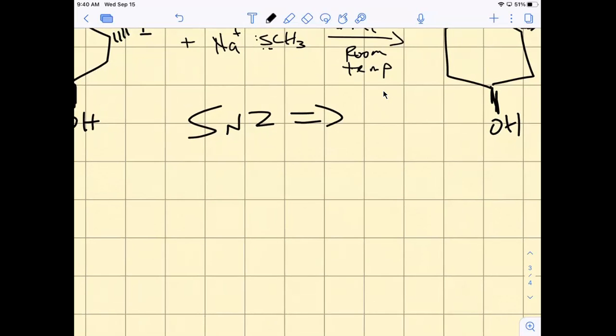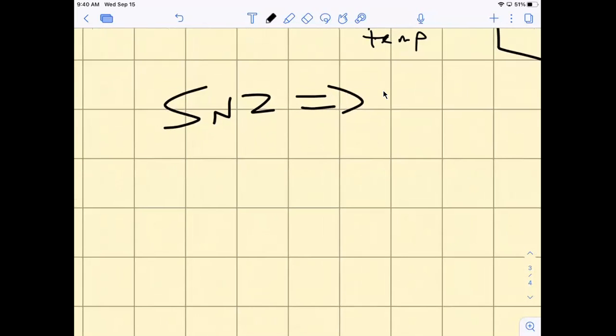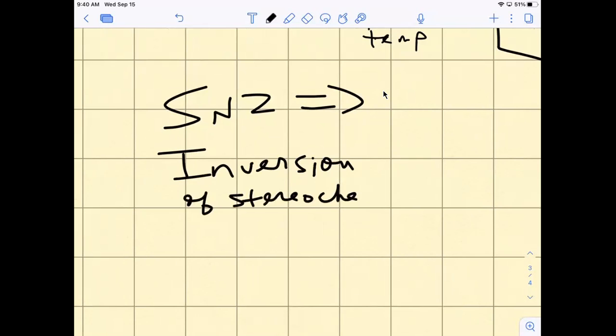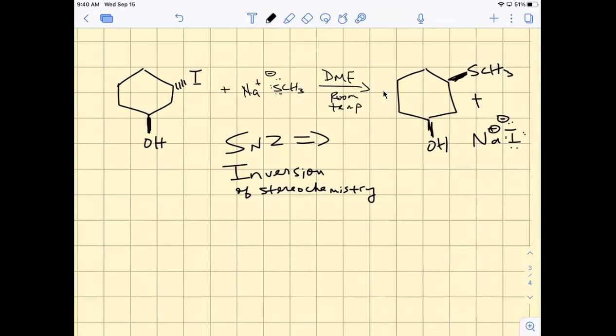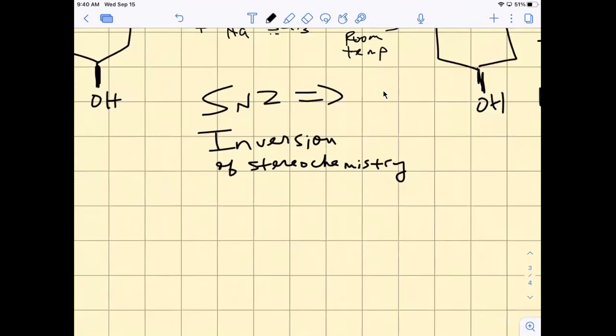Okay. All right. So if it's SN2, one of the key characteristics is what we call inversion of stereochemistry, right? And the reason for that is because of the approach of your nucleophile. This is a concerted reaction. And if I were to draw that stereocenter,